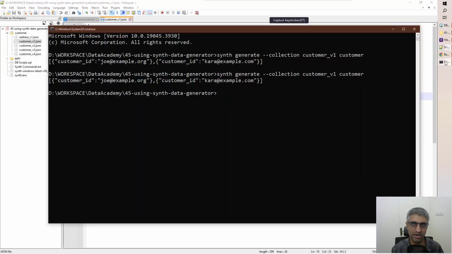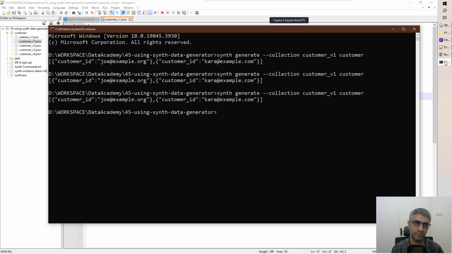Now let's get back to the command line. So you can see again the same 2 records are generated. But you see, when we talk about mockup data generation, it's not about generating data in a command line. We want something beyond. We want the data to be directly created in a database. So how do we go about that? So to do that,